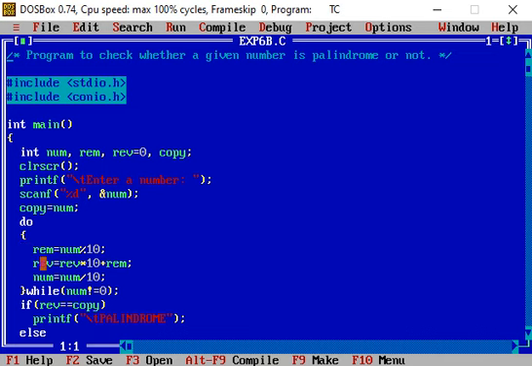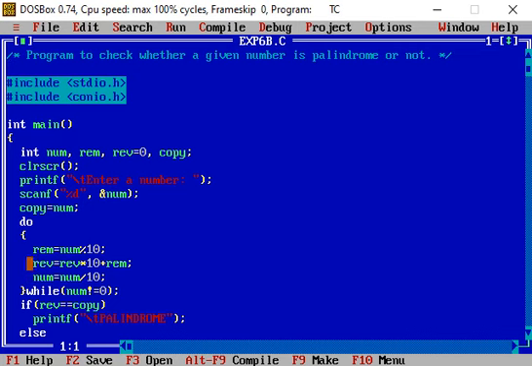Then rev equal to rev into 10 plus rem. The initial value of the rev variable is multiplied by 10 and the remainder is added. Then we get the number after separating the last digit, and that is assigned to the left side variable num.